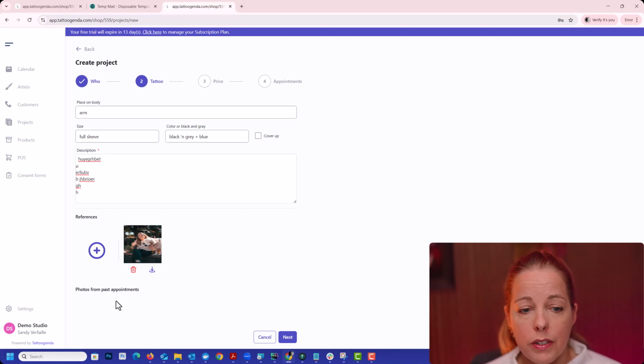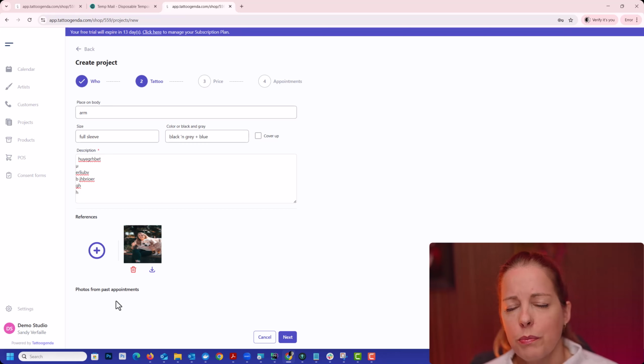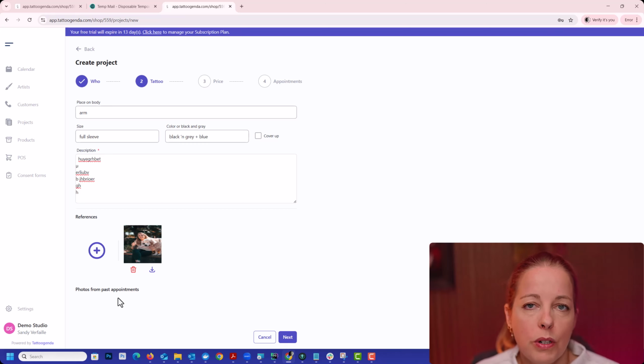Why is it useful? Let's say you are doing a sleeve and the customer is only able to make it once every 2 months. And after 6 months, you check your project again to be reminded what the sleeve is about. Then here you can see the progress you already made and where you were finished last time.